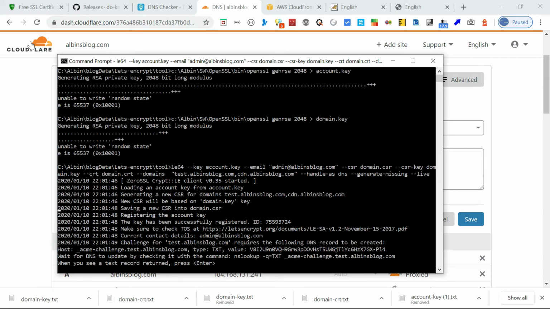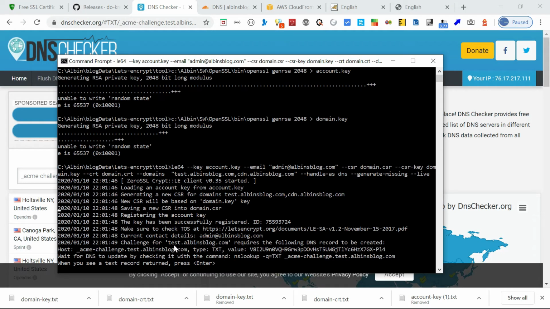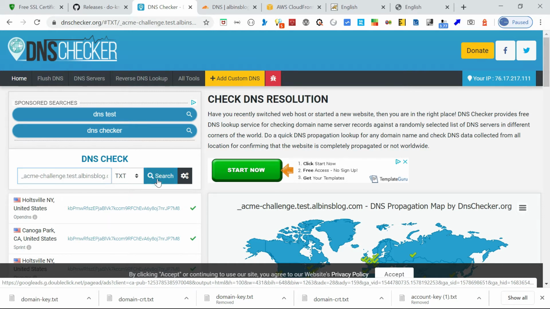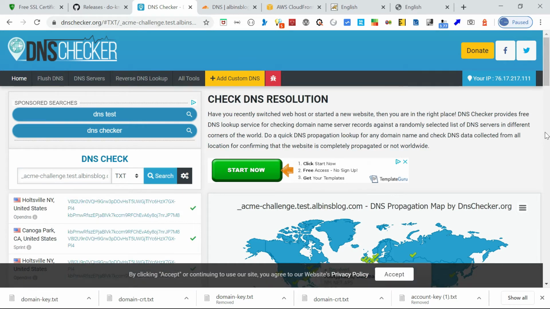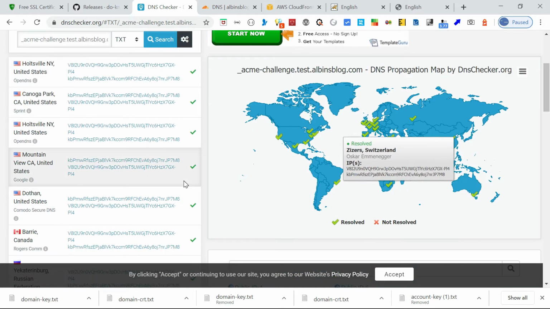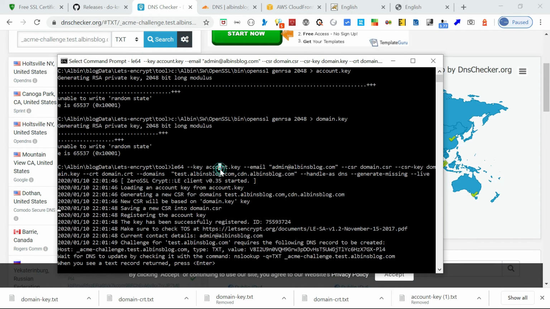So now let us verify whether the changes are reflected. For that, again copy this domain. Okay, you can verify through this DNS checker. Search. Yeah, we need to wait for this. Yeah, it's already reflected. So now what you can do is go and just enter here.